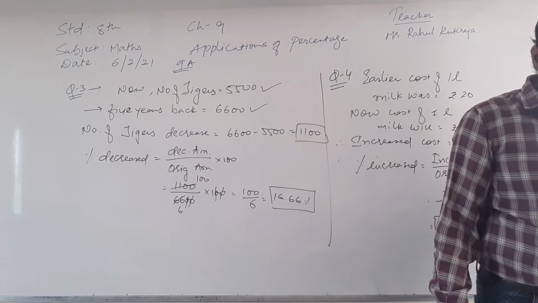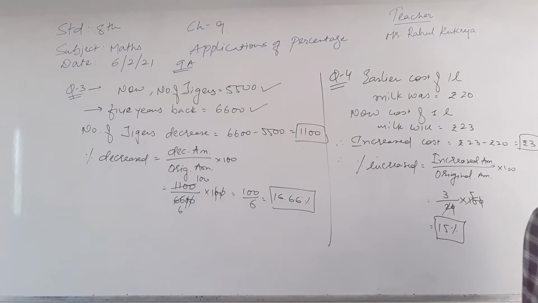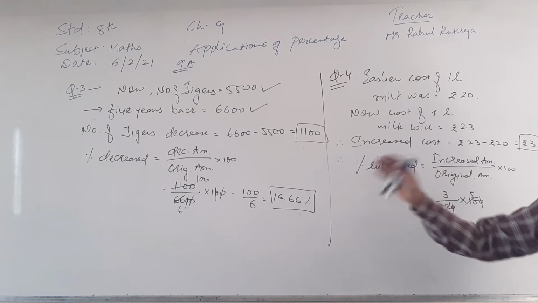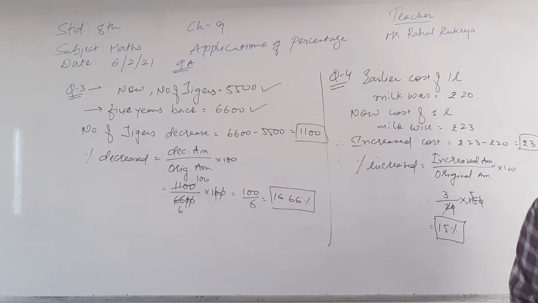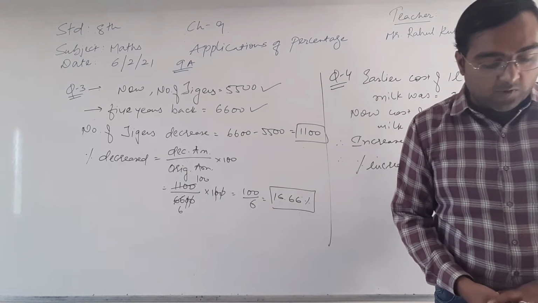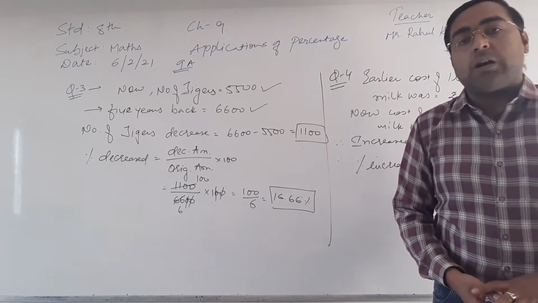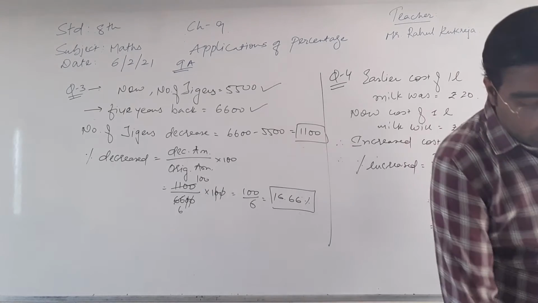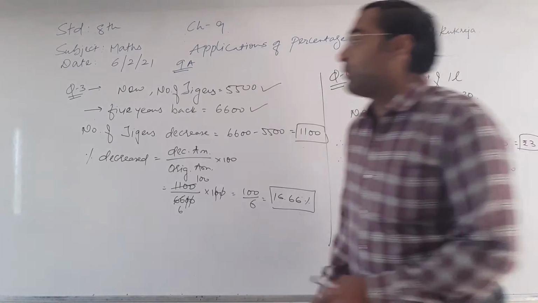So note down fast, students. So now from E, F, G, H, I, J from question 1, from exercise 9A question 1, E, F, G, H, I, J, all of them are similar to all these sums. So you have to do all these sums in homework. Clear? So now we are jumping to question number 2 directly.